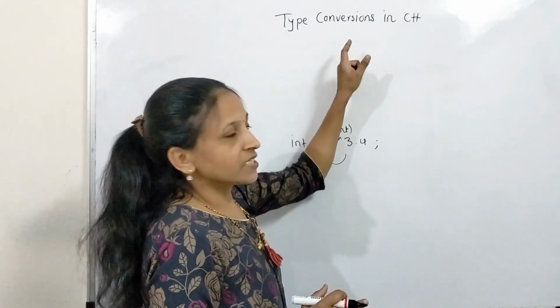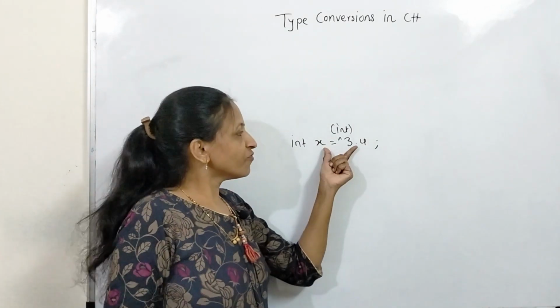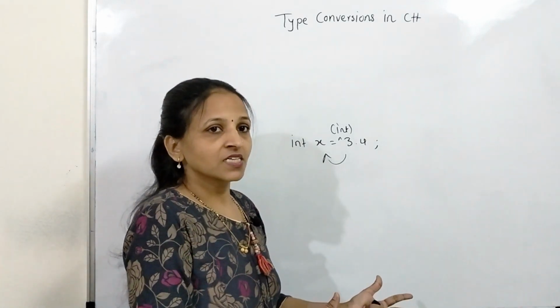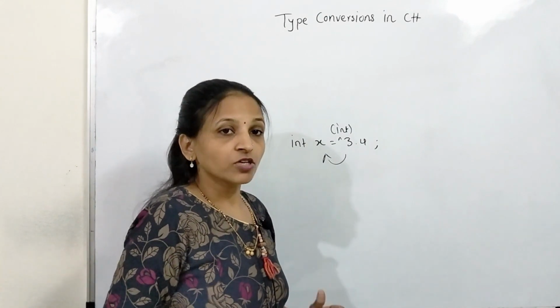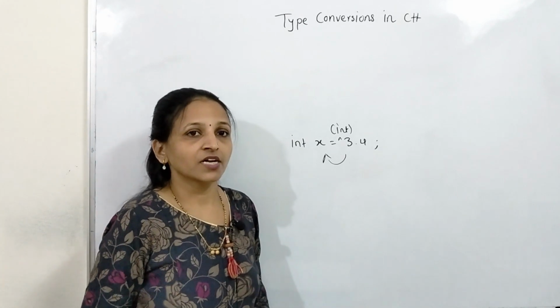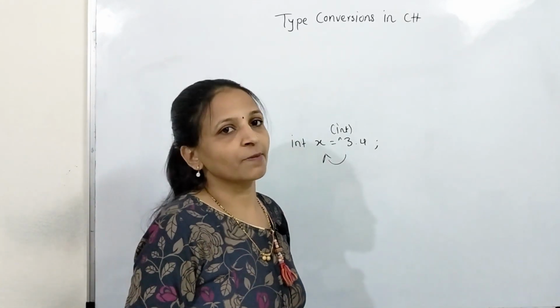But in this session we have to discuss user defined data types, that is, where one of these two is of a user defined data type, meaning a class. If both are of different class types, then what will happen? What should be done here? That part we have to discuss in this session. And by considering that, there are basically three types of type conversion.